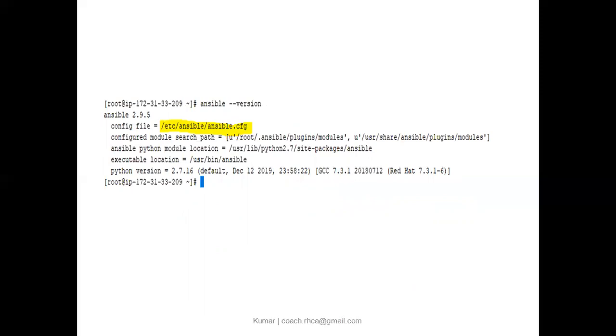So then you have Ansible. If you want to know what version of Ansible you're using, it's the ansible --version command, which gives you the version of Ansible, that is 2.9.5 here. It also gives you the configuration file being used. If you have multiple configuration files in your environment on this machine, you can check which one is getting used with this command. It will be /etc/ansible/ansible.cfg, which is the default location. In case you want to customize it, you can take it to your home directory, customize it there, and then start using that file.